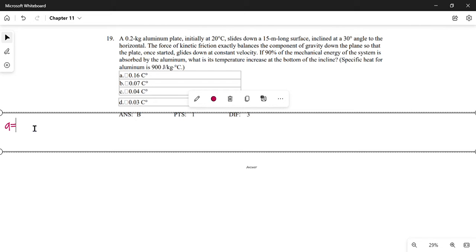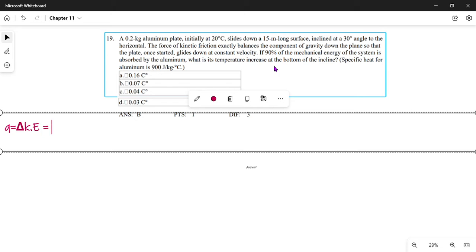Here there's no potential energy because he asked what the temperature increase is at the bottom of the incline. At the bottom the height is 0, so the change in the potential energy equals 0. So it will be the change in the kinetic energy. As you all know, the change in the kinetic energy equals the work done, and the work done equals the force times the distance, and as it is an inclined plane, times sine